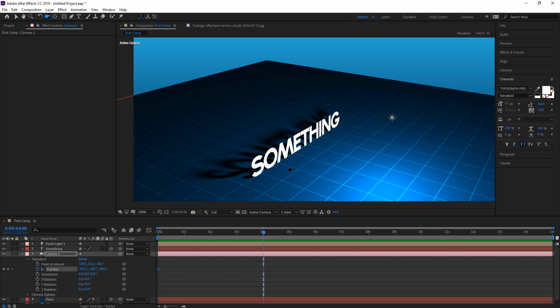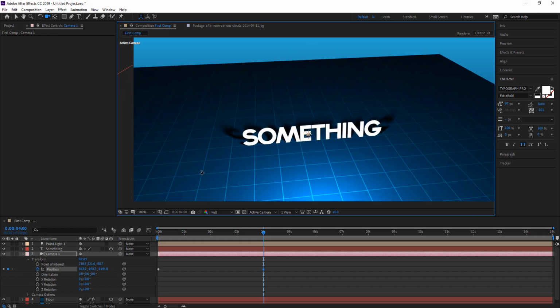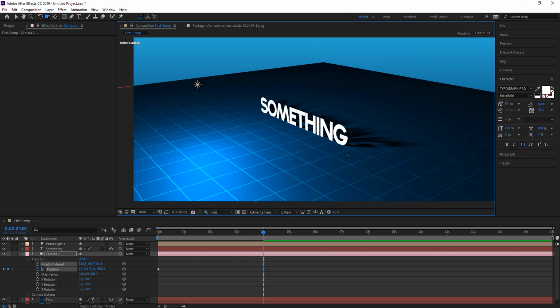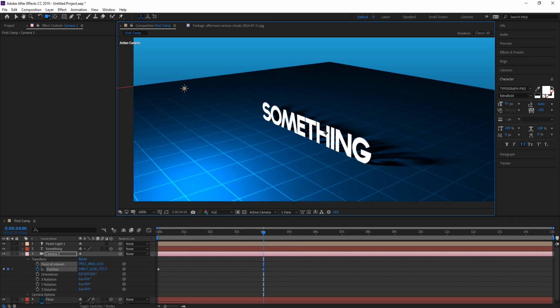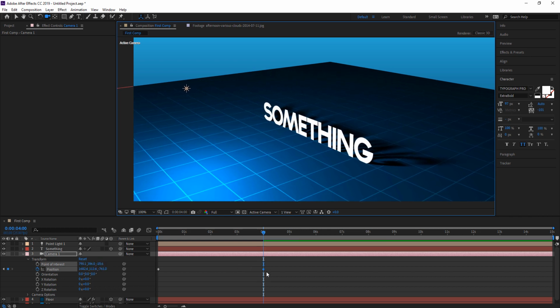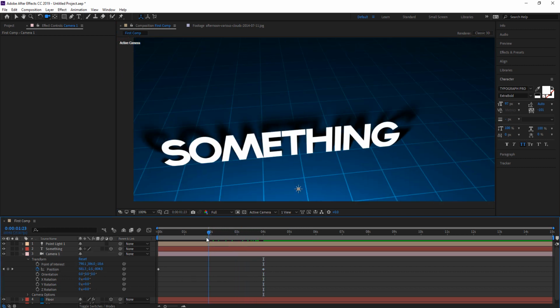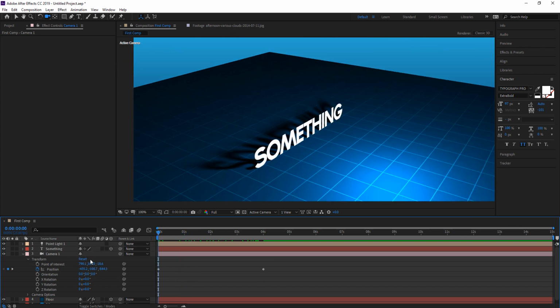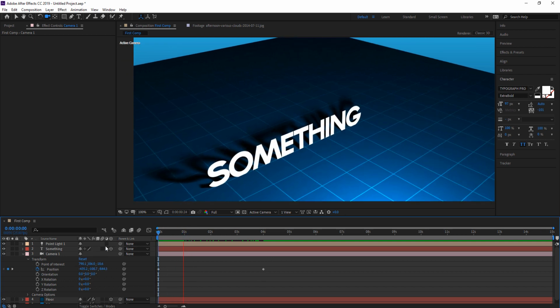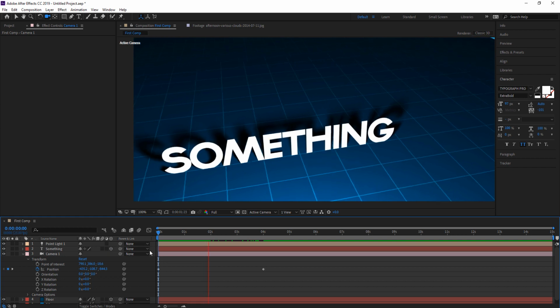If I rotate around and make any changes to the position of the camera, you can see it's created a new point, meaning there is a new value for these attributes at this point in time, and the frames in between will get animated. So if I hit space, you can see that we have an animation,